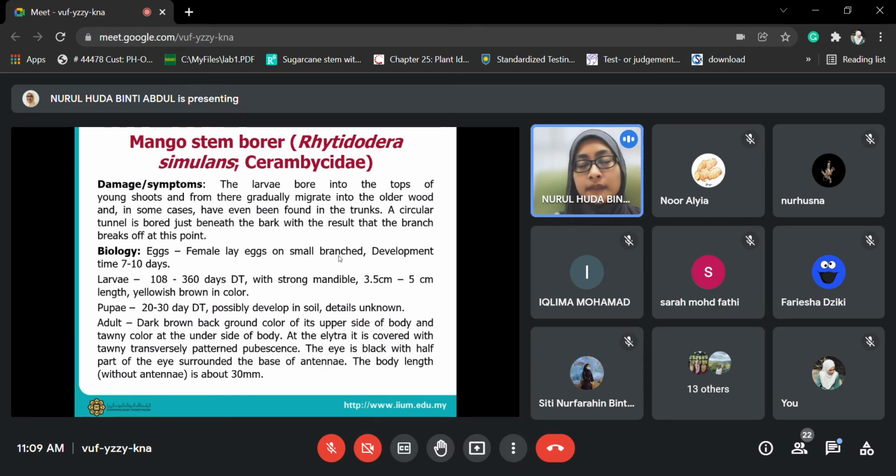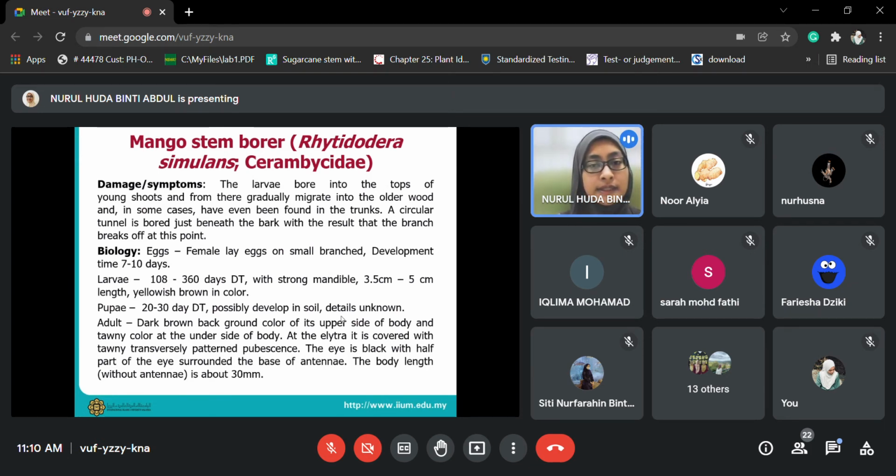And then after the eggs hatch, the larvae akan move around the punya life cycle, since they can move around from young shoot until the trunk. So you can imagine the larvae have a very long life cycle, okay, around 108 to 360 days, okay, 360 hari, almost tahun kan, macam. So you can imagine dari young shoot dia akan move sampai ke trunk